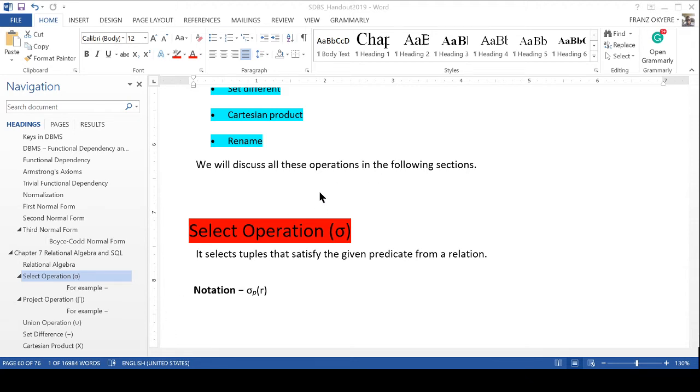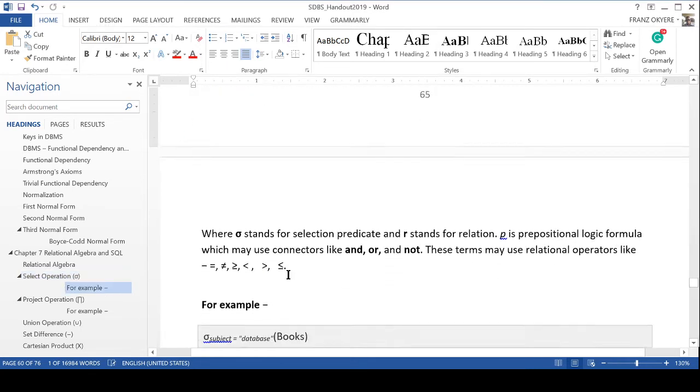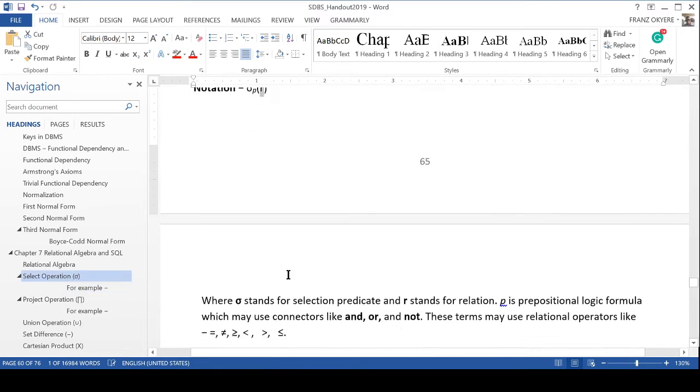The select operation. This is how it works. Let's look at it closely. How do you pronounce this symbol? It's looking more like a Greek symbol. I don't want to waste your time on it. It doesn't matter. Draw it to look just like that, and you'll be okay. This is not your Greek class.